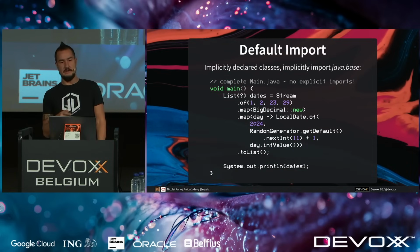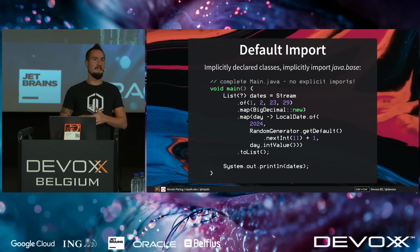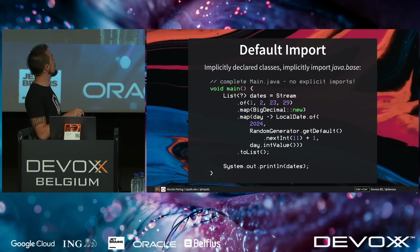And as I mentioned earlier, an implicitly declared class imports the java.base API. This is how it does that. It basically implicitly uses import module java.base. So if you write just this simplified main method without a class body around, you get the import of java.base for free. As soon as you start adding the class, you have to also add the import. And then you get, for example, List and Stream and BigDecimal and LocalDate and RandomGenerator. The code really doesn't make sense, but doesn't matter. You can use all of these types now